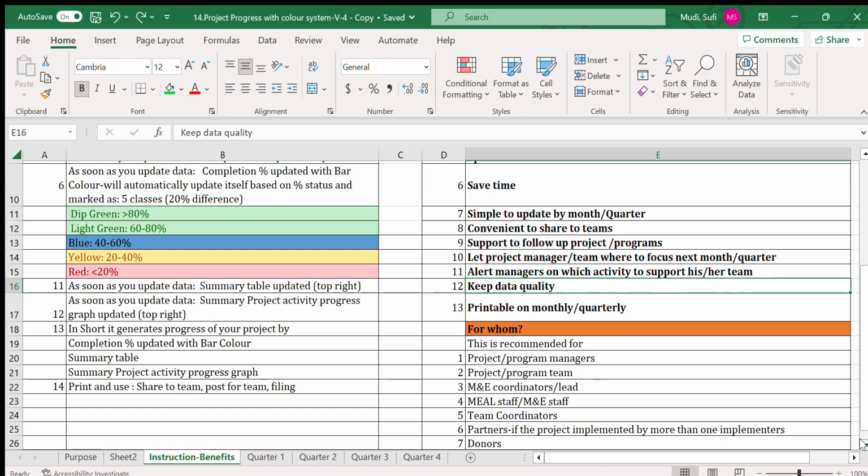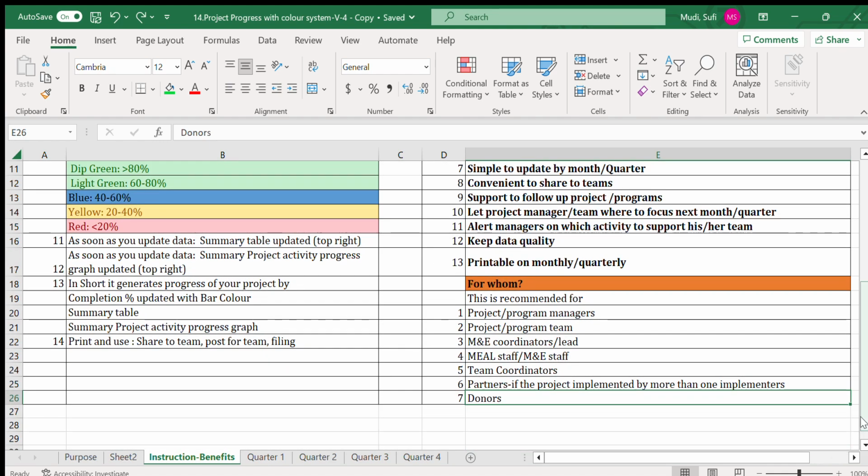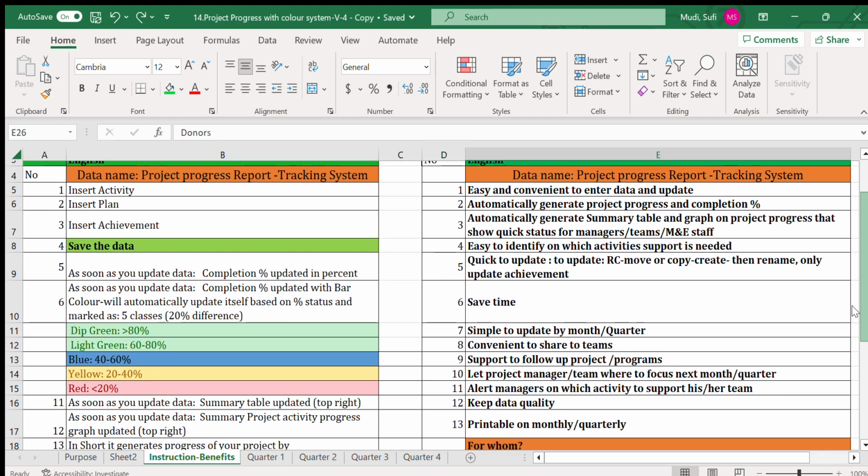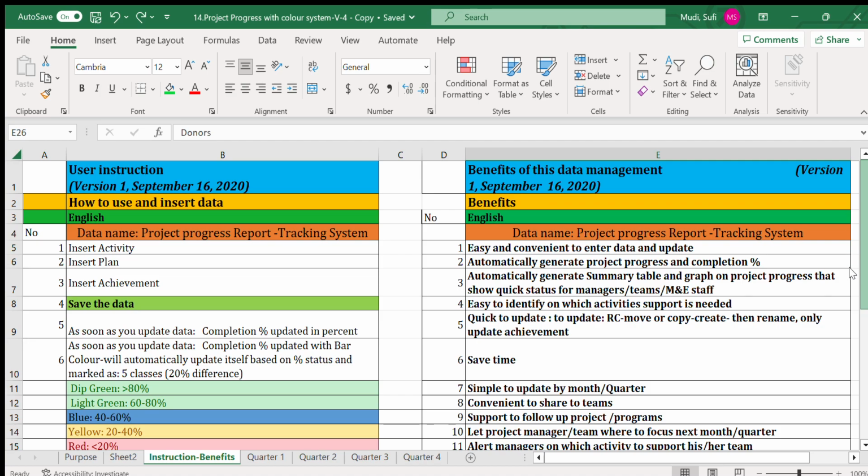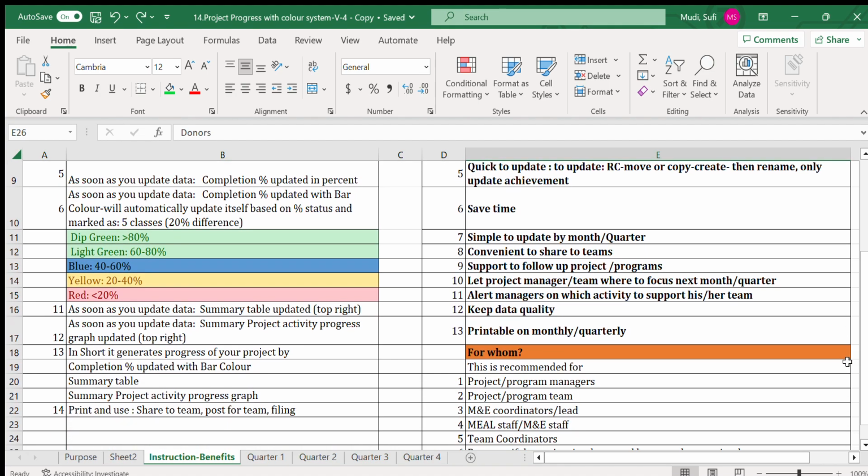This is recommended for project or program managers, project or program teams, MND coordinators or MND leads, or MEL staff, or MND staff, team coordinators, partners, as well as donors, so that they can get the highlights of the project they are funding. So let's come to